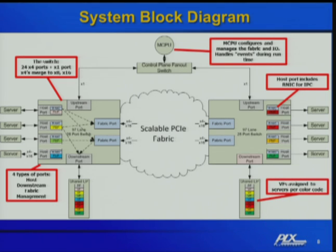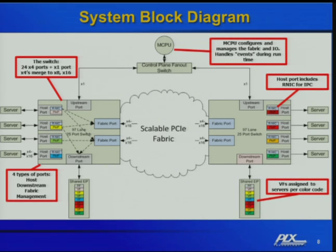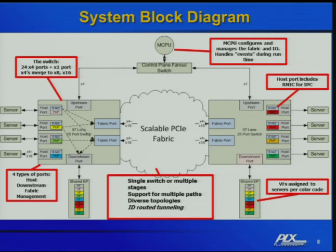Now, in this block diagram, I'm showing 2 shared endpoints. They're SR-IOV endpoints, and the VFs are color-coded, and the colors match up to colors in the P2P bridges at the host ports, and that's how the VFs are assigned. The VF can be assigned to a host anywhere on the fabric, and that's not just on the switch chip immediately above it. And then the fabric itself, that could be a single chip, or it could be multiple chips in